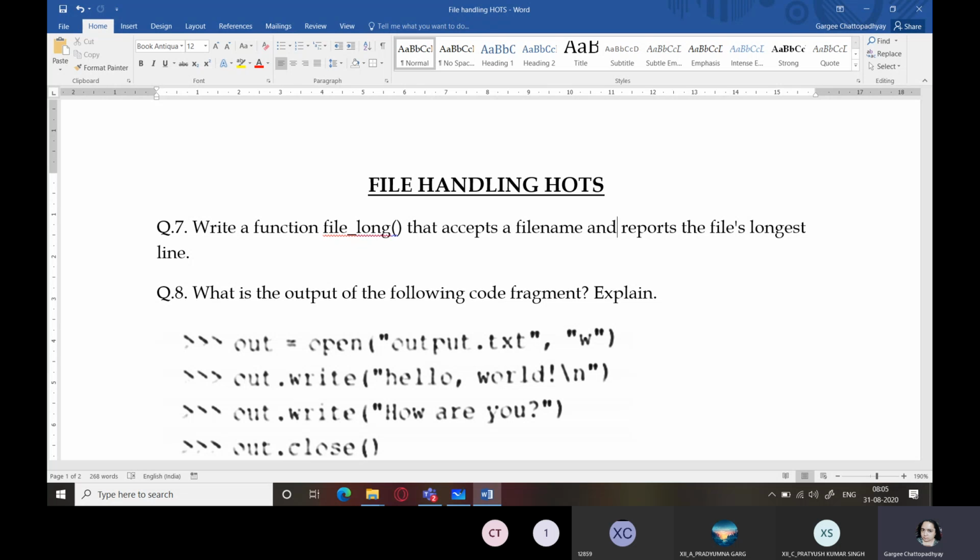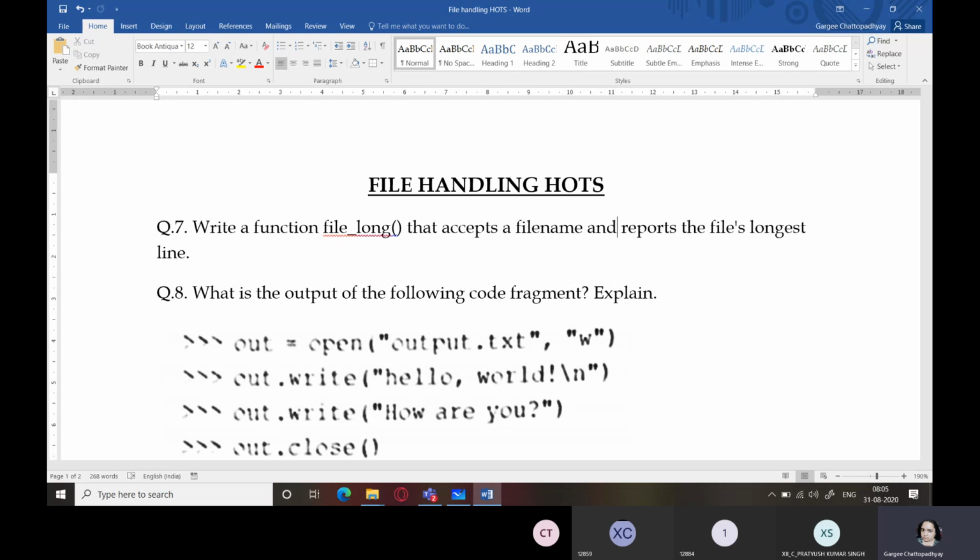As far as theory is concerned, students, there you need to be very precise. Whatever is asked to you, only you need to write that. You don't need to run your program. But whenever it is a question of practical exams, if you have created a function, in order to call that function, you will have to write some statements in the global area. So that is important over there.